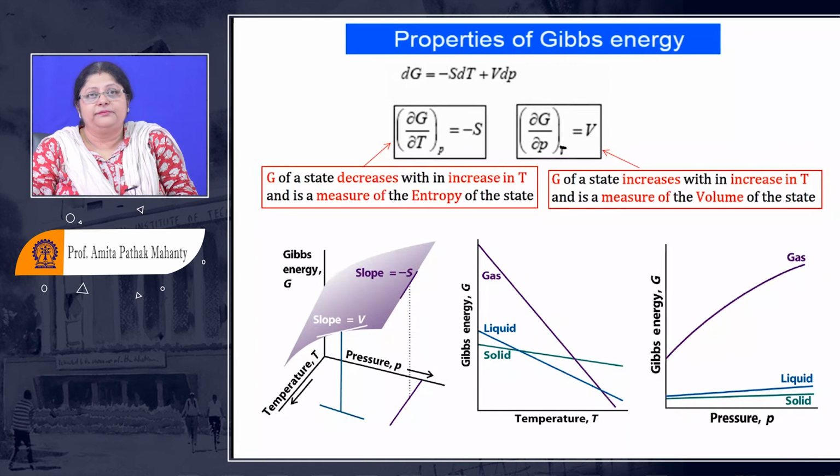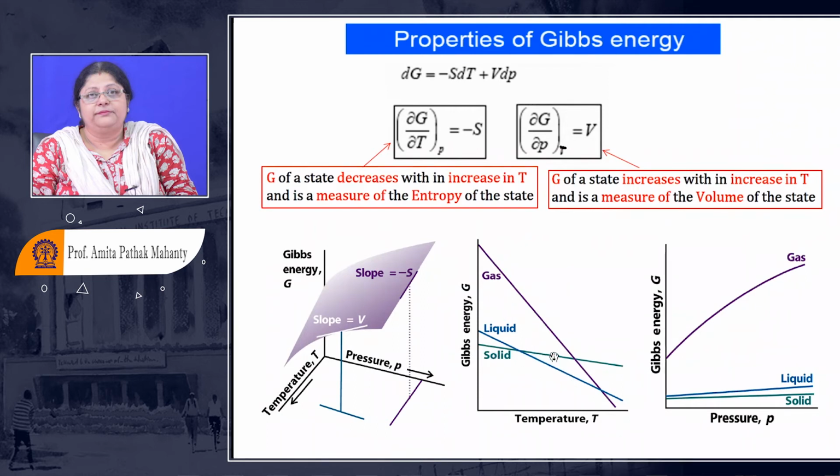So now let us look at the diagram here. What do you have? We have temperature on the x-axis and G on the y-axis. Each of these curves corresponds to various conditions at a given pressure. The pressure is constant, so all these graphs are obtained under constant pressure. So for a gas, what will you expect? The entropy will be high, so the slope will be much steeper. And what about the liquid? And what about the solid?